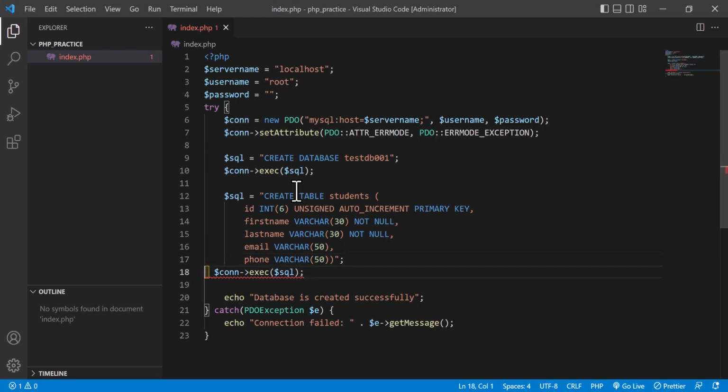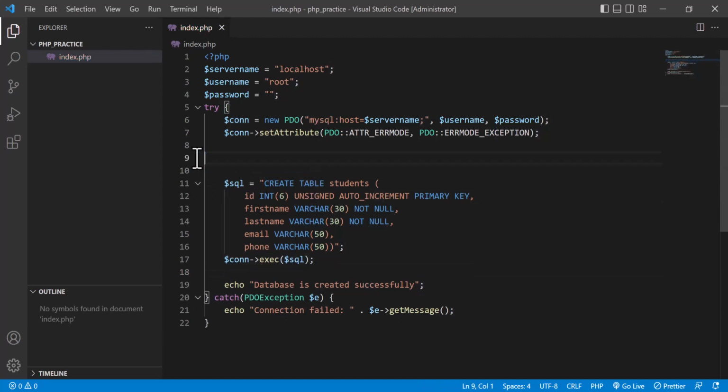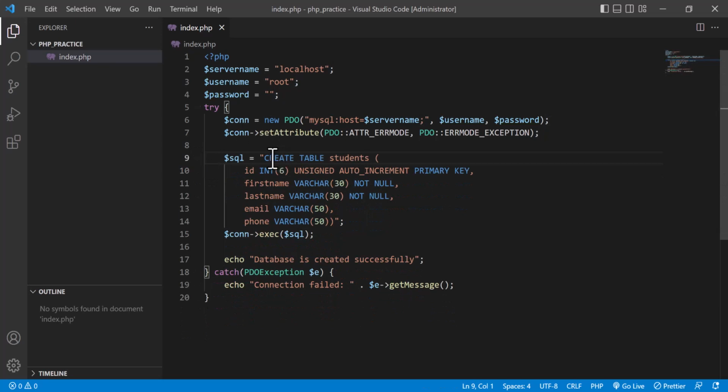Here a blank space comes actually, so I am going to remove it. Okay, so I will create a table. You will have to write this one. I am going to close this. Create table students, right? So students table will be created where? It will be created into a database, but here there is no database. So what I can call here, that is db name equal to